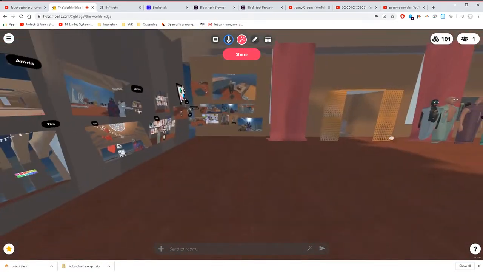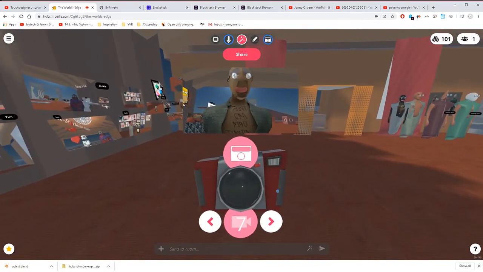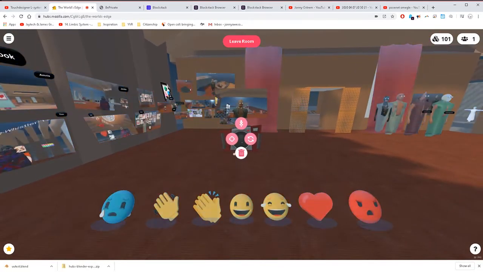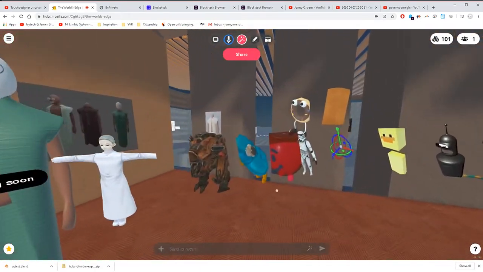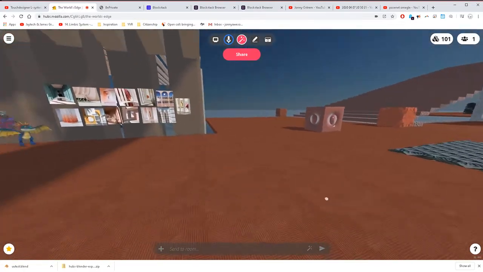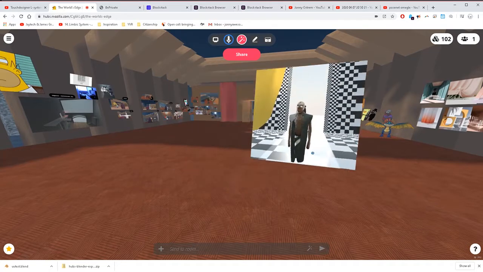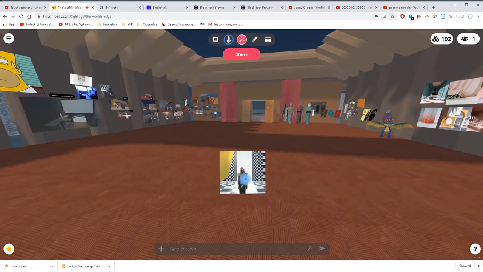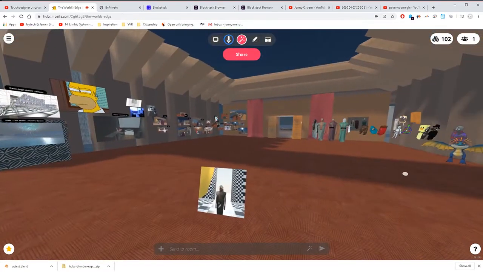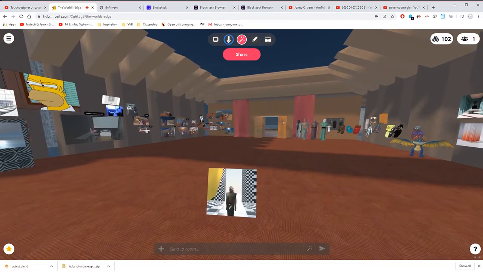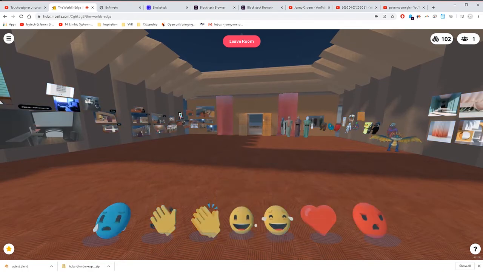You can take photos, you can bust out a camera. That's my avatar right there. You can upload 3D models directly. You can even do stuff like I can take an image from my desktop and just drag it in and create an image in the space. You can pin them. You can invite people into your room, and you can have up to 40 people in the space speaking to each other, sharing screens, everything. It's this crazy ultimate collaboration space.